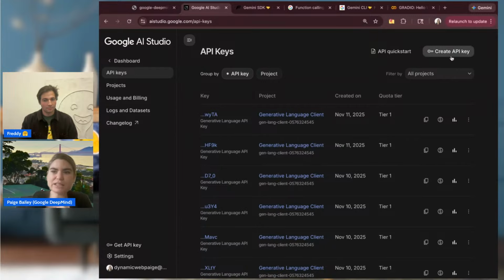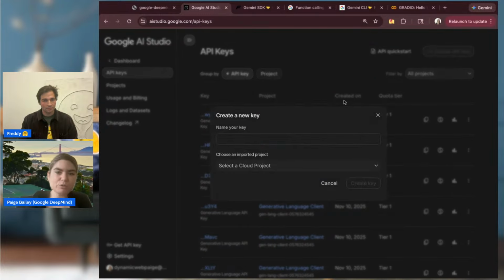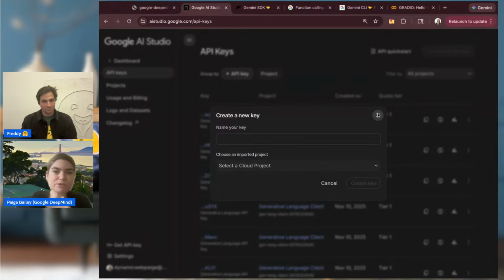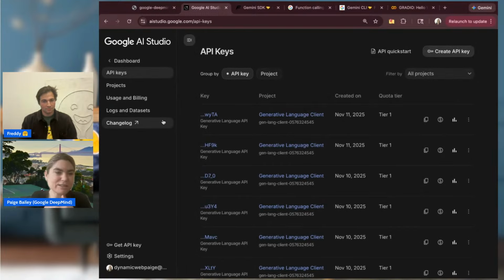You can create API keys and use them for free, or connect them to a cloud project. The $300 getting started Google Cloud credits can apply towards your API generation, or you could just use the free tier that's available with your Gmail account, and get started with Gemma models, but also Gemini and things like Nano Banana via the API.